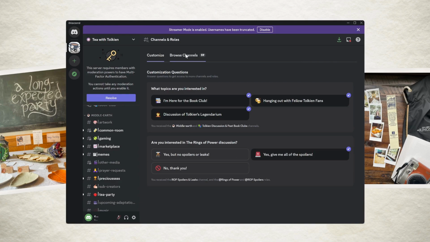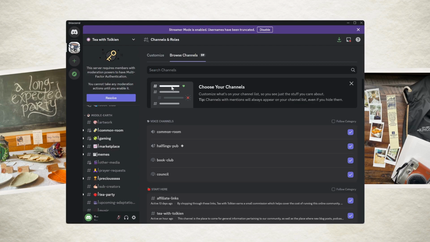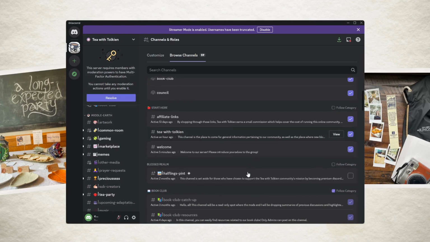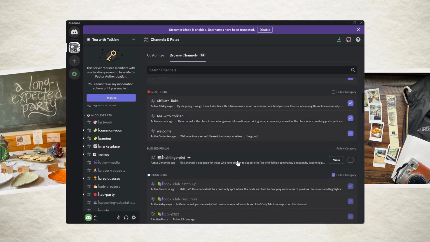Here we can just look through all of our channels in the corner. You can also click over on this tab to browse channels, and you can click on this check mark if you would like to remove them. If it's something that you're never going to be interested in and you're not really looking to participate in a discussion of that and you'd like to simplify your channels tab, you can just uncheck it and then you'll never